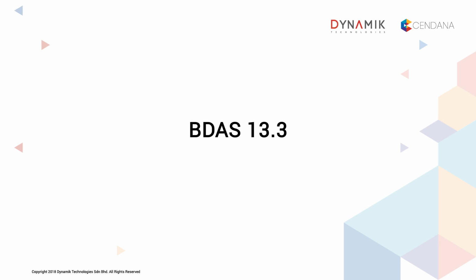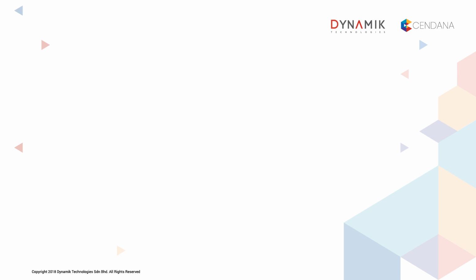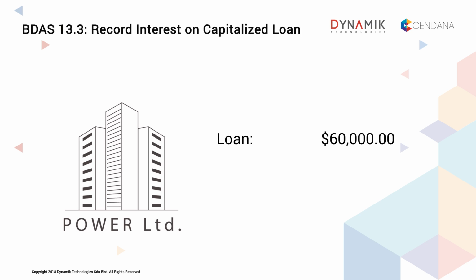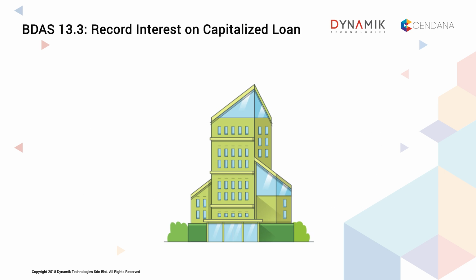Moving on to BDAS 13.3 is to record interest on capitalized loan. It is defined as the cost of borrowing and to be capitalized as part of the cost of that asset. Let's assume the following scenario. Power Limited raised a $60,000 loan having interest rate of 10% per annum on 1st January 2017. The loan was specifically raised for the construction of an office building which meets the definition of a qualifying asset